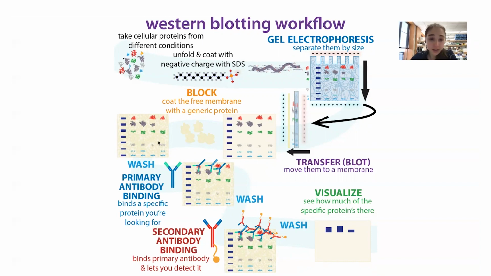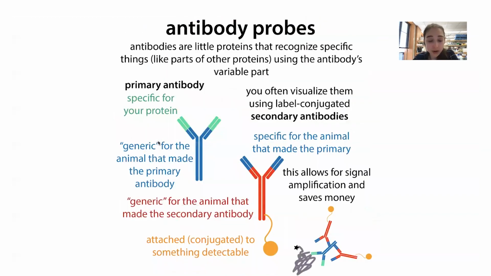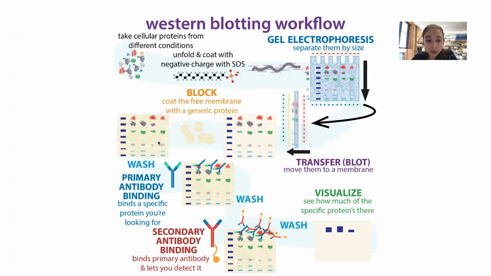Now it's time to send in our probes. And so remember, if we're doing a Western blot, our probe is going to be an antibody. And if we're doing a northern or a southern blot, we're going to have an oligonucleotide probe. In the case of a Western blot, because we typically have this two-tier system where we have a primary antibody and then a secondary antibody, what we have to do is our primary binding antibody,